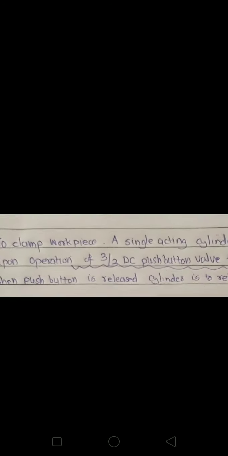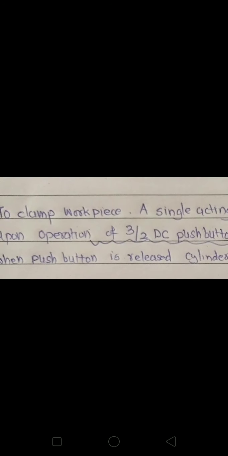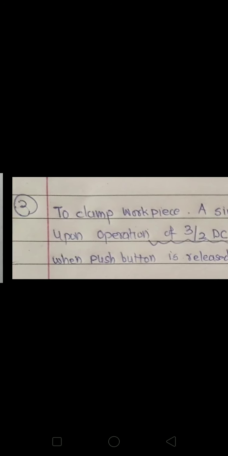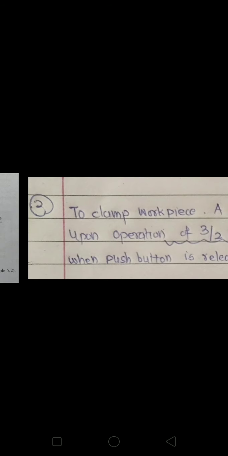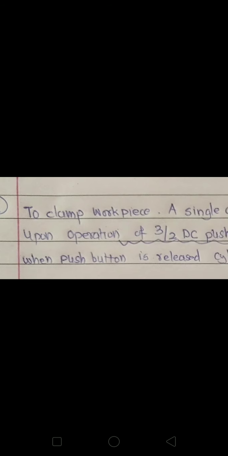Now we'll discuss the third circuit, and it is an example of the indirect control of a single acting cylinder. How it is indirect control, I will explain afterwards. So first read this. To clamp a workpiece,